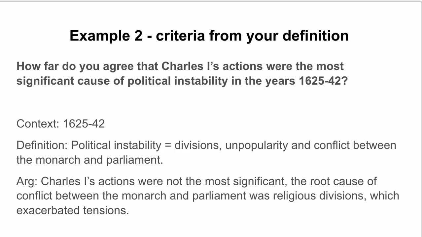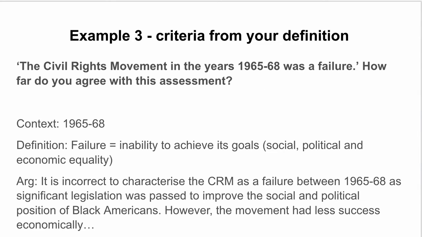So you're using your criteria to weigh up the factors. And then in your paragraphs, you would talk about divisions, unpopularity, conflict. That would be the analysis of the different pieces of evidence. So that's the second example. A further example,